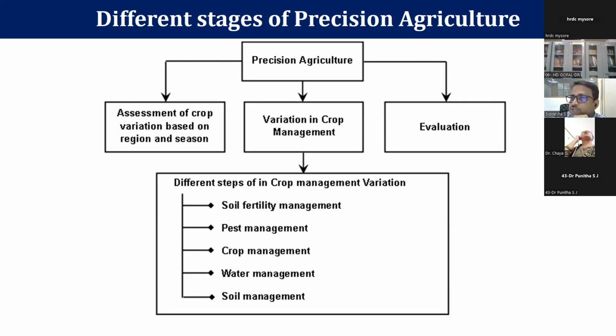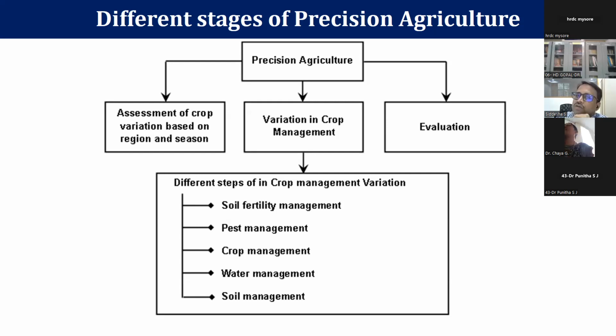So when soil fertility is matched, we are going to select a certain crop to be grown in that region. And whenever we start growing that at the nursery level itself, there is going to be a problem with pests. They are going to attack the crop, and that leads once again to a poor yield. So what to do about that? How to manage those pests? And the next stage is the crop management itself.